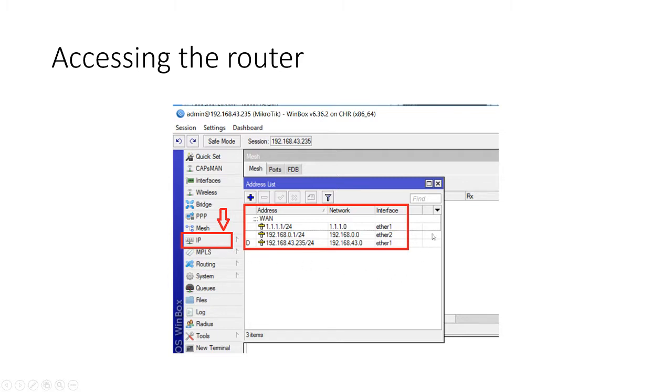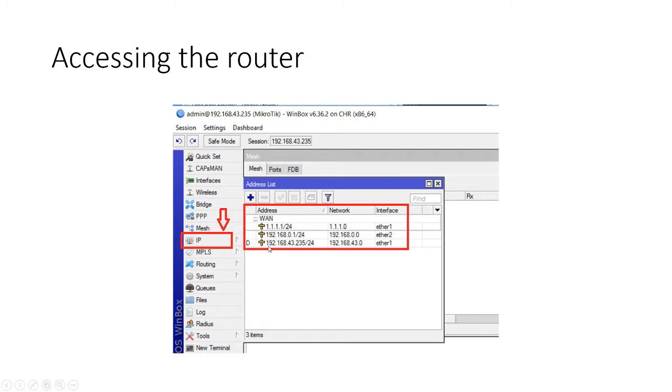Then I check the IP so that I can see what other devices are connected on this. As you can see, the other one has an IP address of 1.1.1.1/24, which is for Ethernet 1,